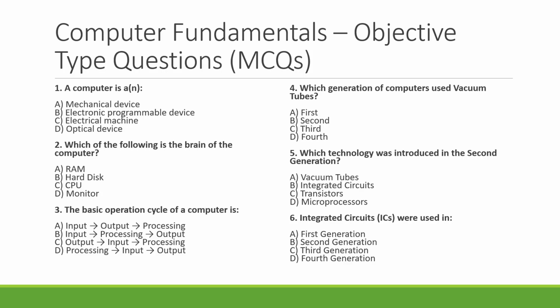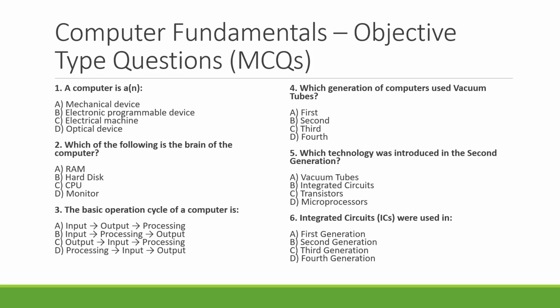One: a computer is a, and we have some options: mechanical device, electronic programmable device, electrical machine, and optical device. Here, the correct answer is option B, electronic and programmable device. And the second question is, which of the following is the brain of the computer? Option A, RAM, B, hard disk, C, CPU, D, monitor. Here the correct answer is CPU. The central processing unit is considered the brain of the computer,